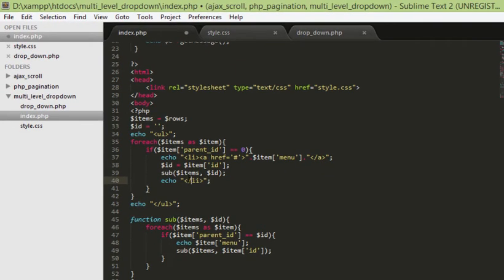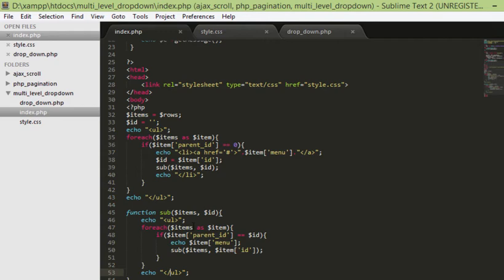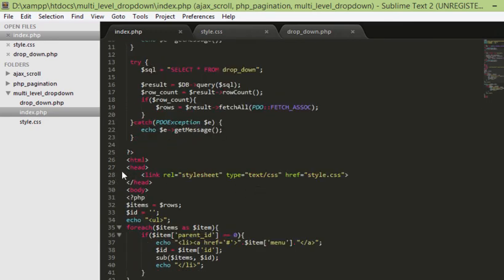Should be /li, okay, and we can follow the similar one right here, but before that we have to once again give an unordered list before the for loop, okay. So it's going to be ul, and then once the for loop is over here we have to close that, okay. And then yeah, we can copy all the stuff here. And once again this particular part, paste here. And another thing is I'm going to remove the style sheet from here, okay,